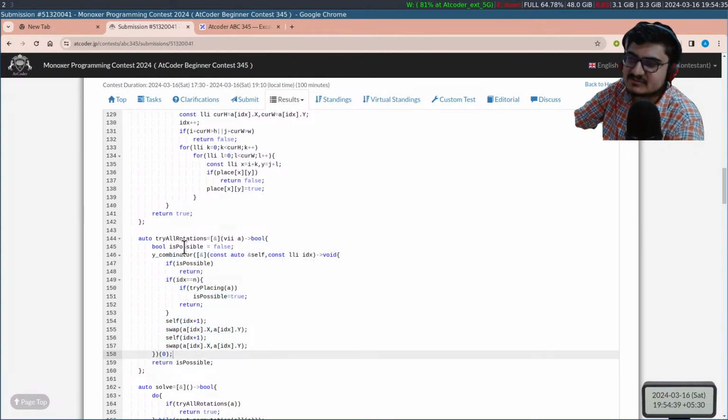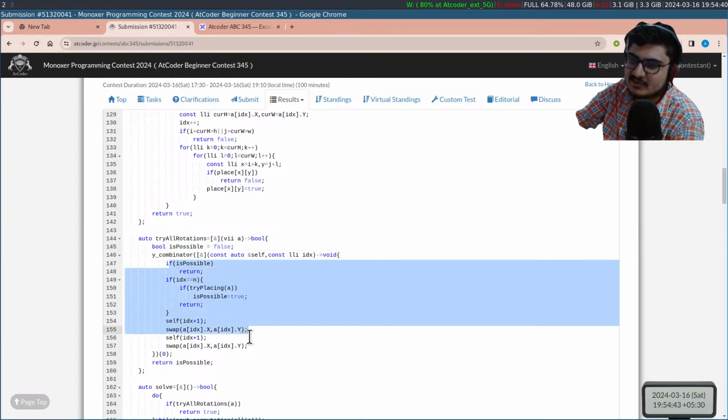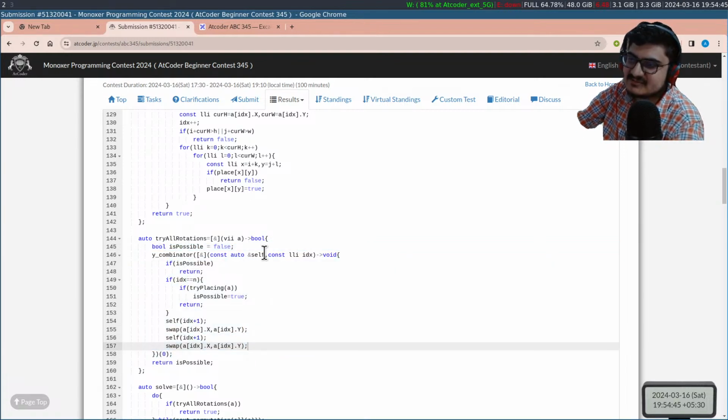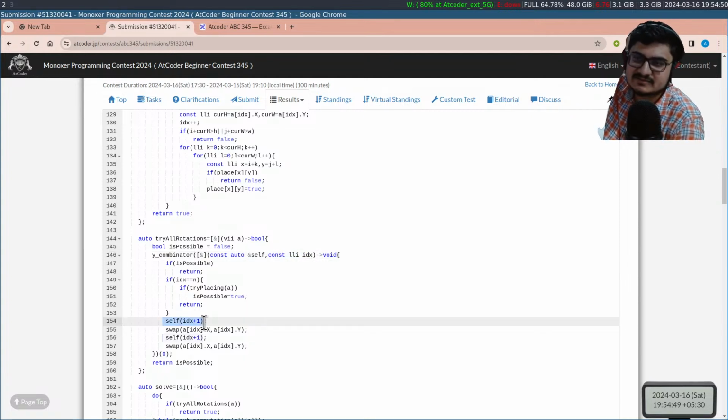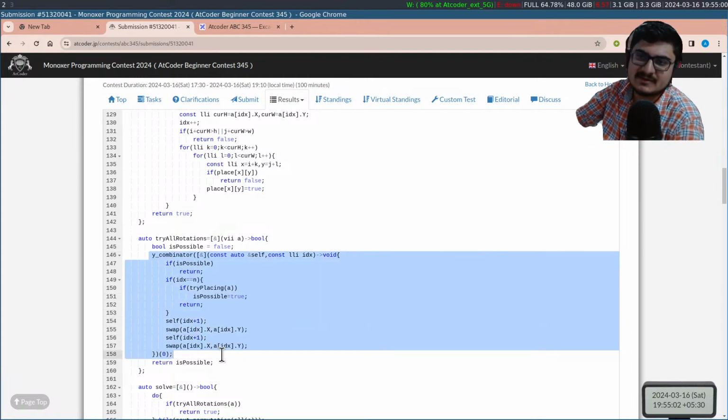The way I did it was I maintained an is-possible boolean variable here, and then I wrote a recursive solution which takes the current index which I need to process. It goes to the next node index without doing anything, and when it comes back, it toggles the tile, and then it goes to the next index again. And when it returns back, it toggles the current node again. The other way here would be to run a bitmask DP with a mask from 0 to 2 to the power n, where the ith bit will denote that this node should be flipped,